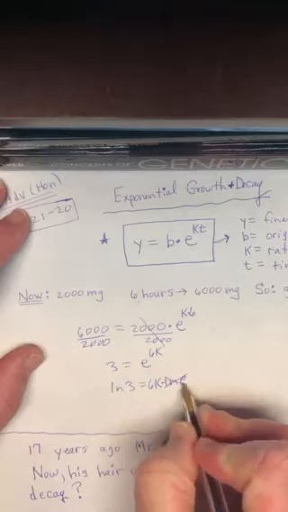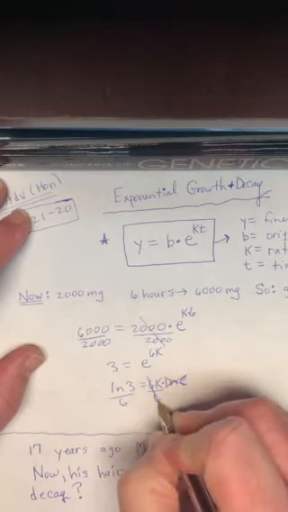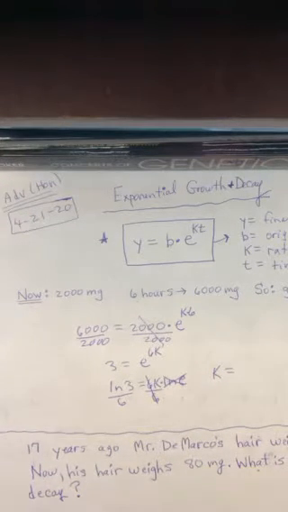So it's ignored in this problem. I can divide by 6. The 6s cancel. And K equals, and here's one of the reasons we always rounded our answers to 3 decimal places, if I push on my calculator ln 3, hit enter, and then divide by 6, I get